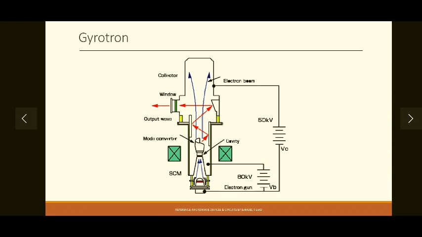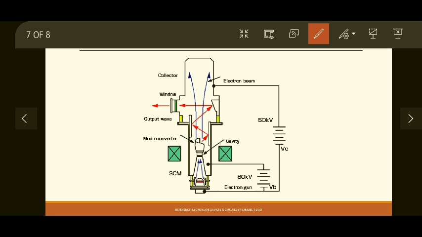Okay, let's see the structure of this gyrotron. If you see this, there is an electron gun generating an electron beam. So here you can see the electron gun. The blue arrows are nothing but your electron beams as indicated here. Then these two are the solenoidal magnets, abbreviated as SOL, the magnetic field bias strength, producing spiral movement of electrons in the tube. This is the tube.